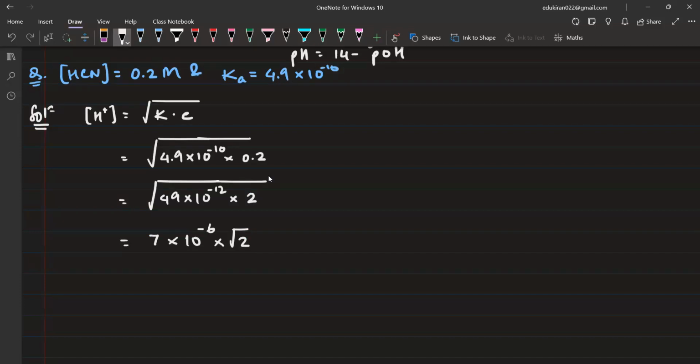Listen to this for me. And from here I can say √2 is approximately 1.414. So 7 into 1.4 into 10⁻⁶। ठीक है, तो 7 4s are 28, 7 1s are 7, 7 2s are 9, 9.8 into 10⁻⁶ is the concentration of H positive।